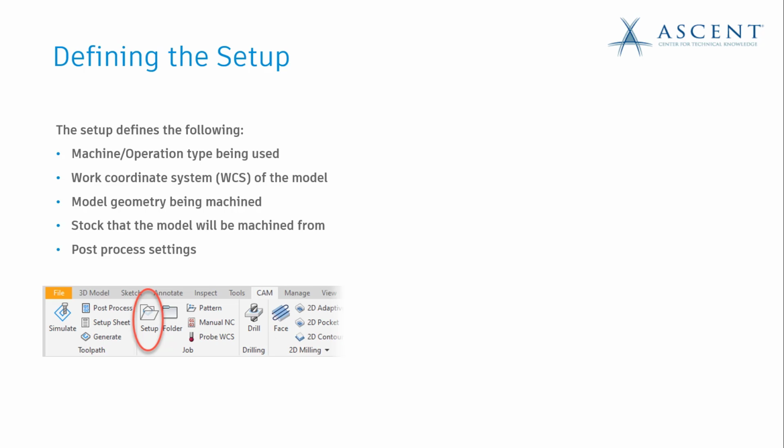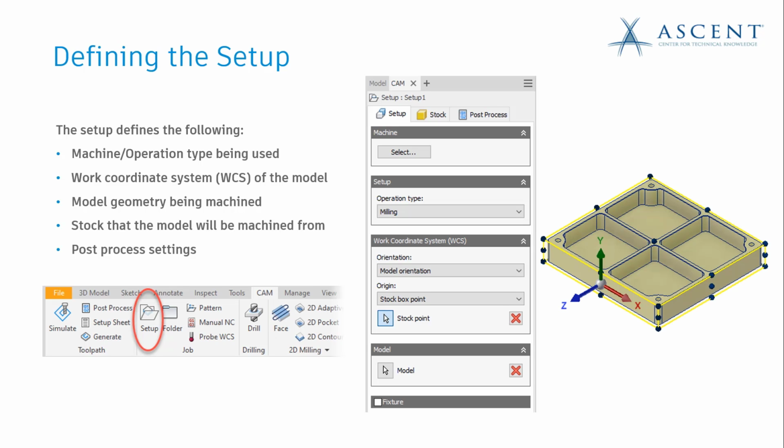The setup defines the type of machine as well as the operation. It controls the work coordinate system of the model, the geometry that's going to be machined, as well as the stock that's going to be used to machine it. And finally, some of the basic settings for the post-processing that will be done once the files and all the toolpaths are added. And this is all done by clicking Setup on the Job panel to bring up the Setup